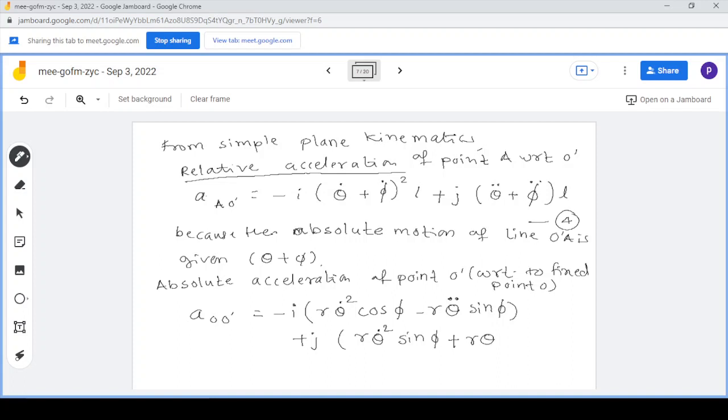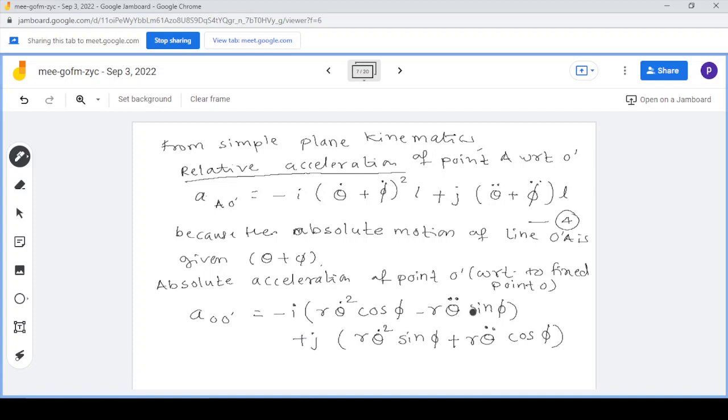Then r theta double dot, and this sin phi will get replaced by cos phi. Right? So we write r omega square cos phi minus r theta double dot sin phi. Then we write the same term r theta dot square, but instead of cos we write sin phi, because once we rotate this unit vector by 90 degrees, the unit vector which was in the horizontal direction becomes sine, and if it is already in the perpendicular direction, then it becomes cos. So the same expression we have to multiply by cos. Okay,